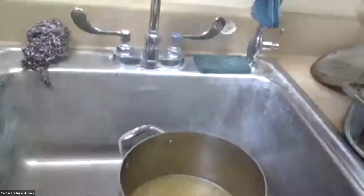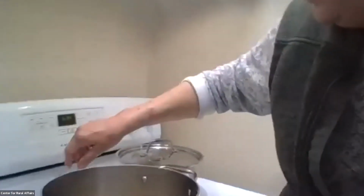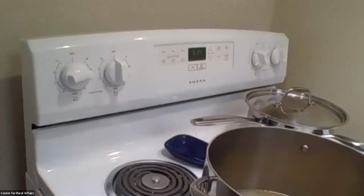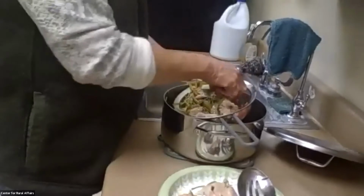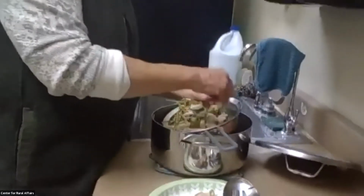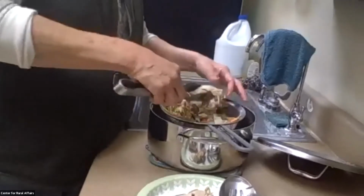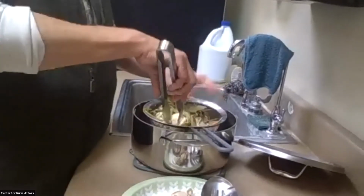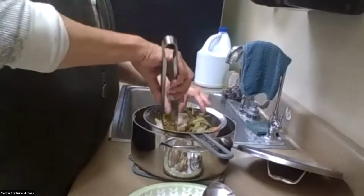Okay, so now this is where we are putting our soup back on the burner here. Okay, so now this is where we're going to start working with our chicken. According to the recipe, while this chicken is cooking, that's when you're going to prep your vegetables for the soup. So we're going to chop our 3 carrots and our parsley to be ready to put in the soup when it gets to that point. And also while this chicken is cooking, it says to cook your wild rice according to